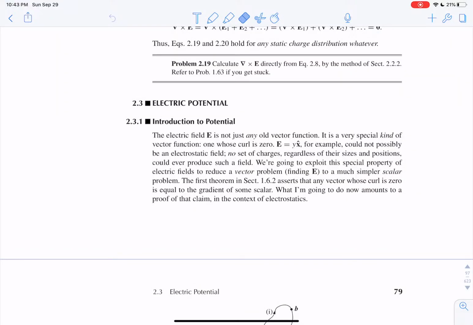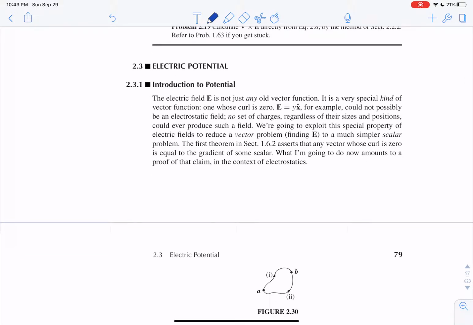All right, let's discuss chapter 2.3, electric potential. So you know potentials, volts. You may think you understand potential, but that's what we're going to discuss right now. So electric field, the key thing about an electric field